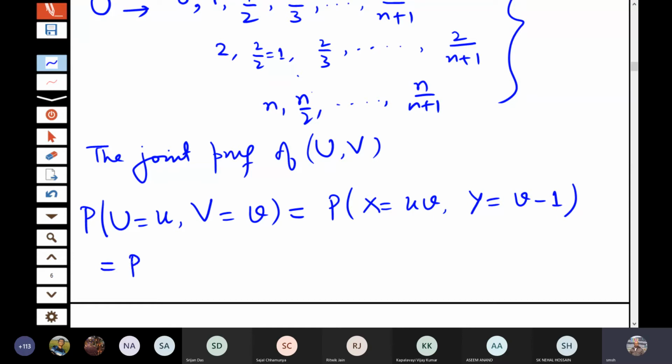So that is probability x is equal to uv. Because of the independence, I can split it. This becomes probability y is equal to v minus 1. And both x and y are binomial n, p. So this can be written